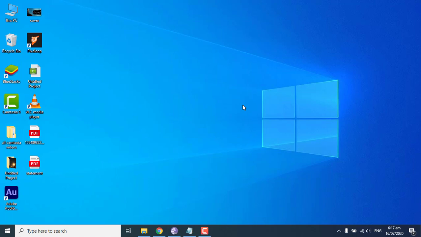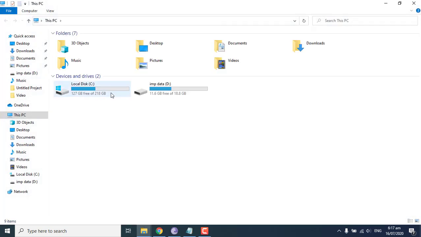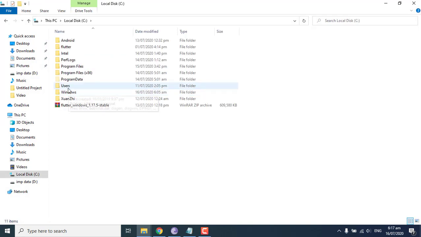Hello friends, today I will tell you how to open an emulator without using or opening Android Studio. So first of all, you have to locate your SDK. In my case, I have the SDK in C, opening